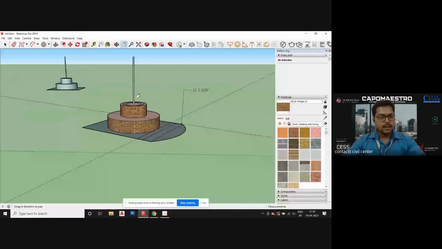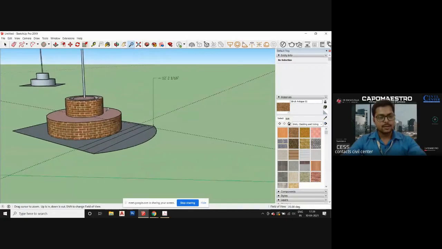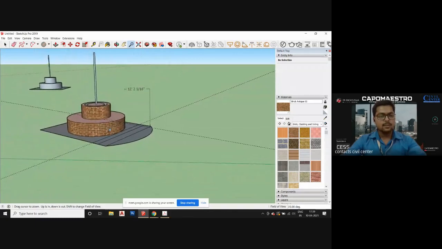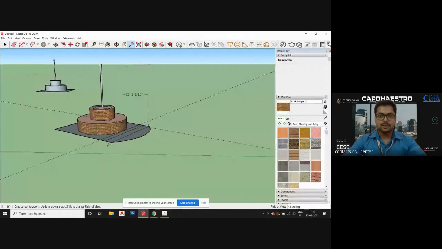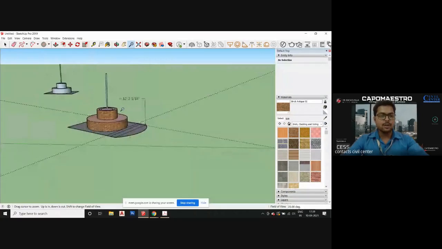Okay. Now next we have zoom in and zoom out. So the use of that too. So this is for zoom in. The next we have zoom out. Don't use the scroll button. Use the tool. You can also use the scroll button to zoom in and zoom out. But if your scroll button is not working, then you will have these two tools of zoom in and zoom out over there.